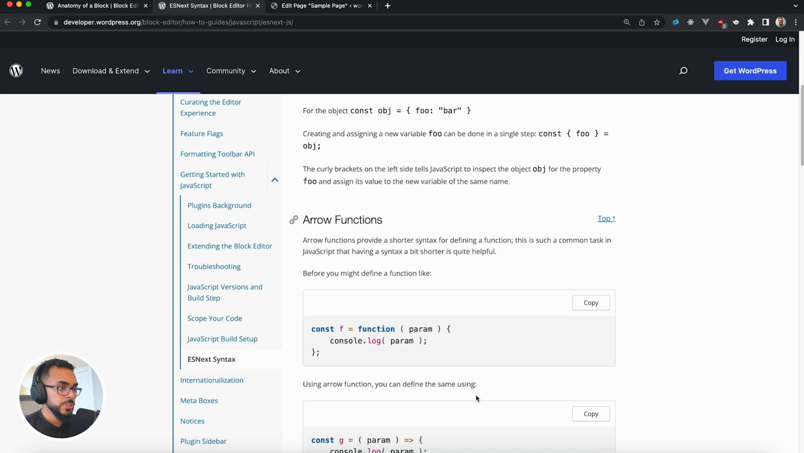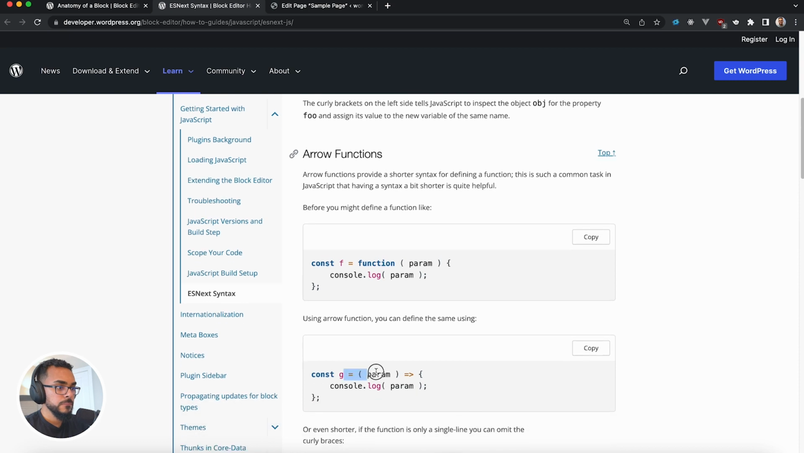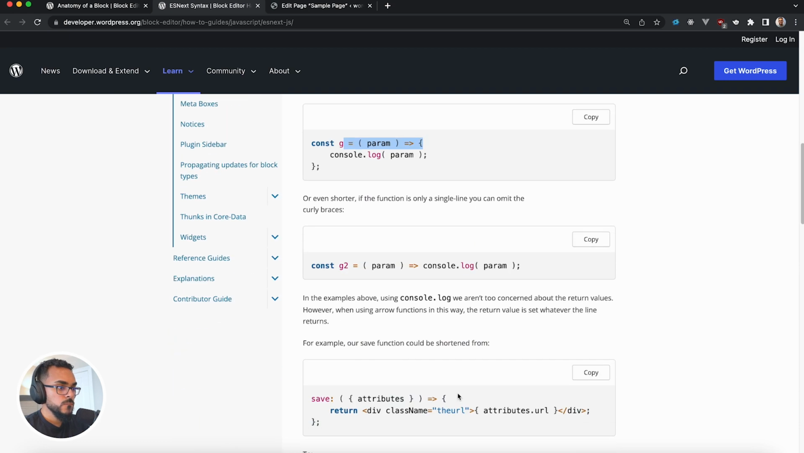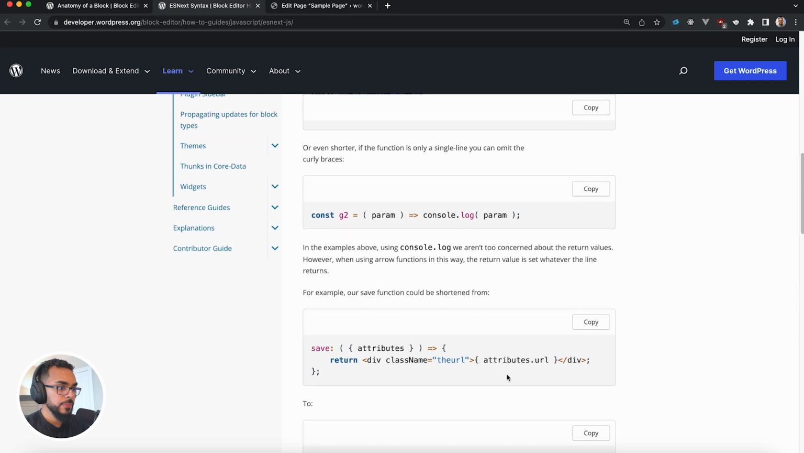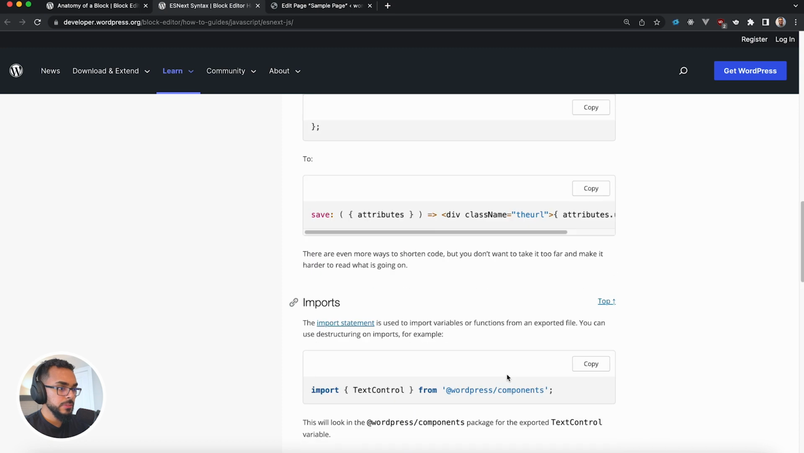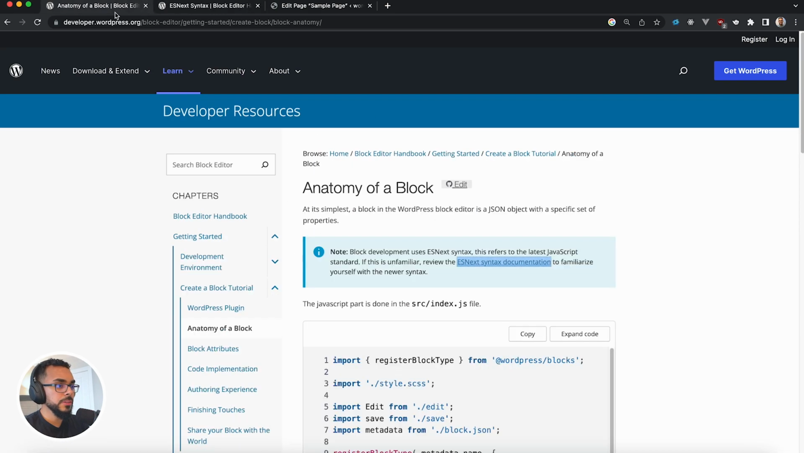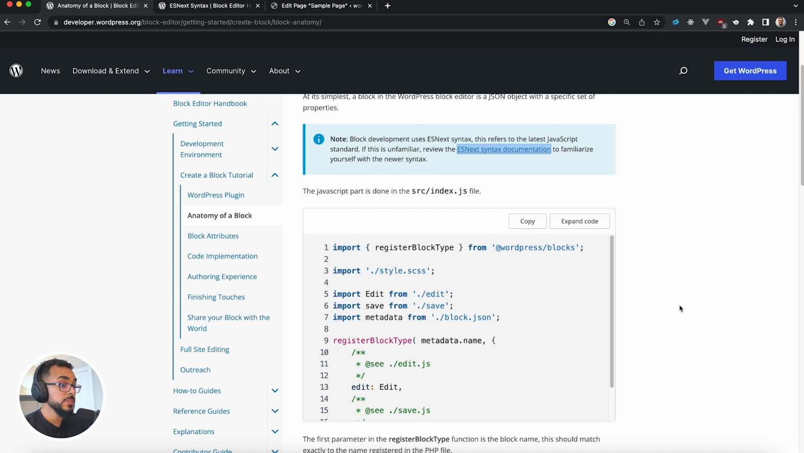So some destructuring, some arrow functions. Arrow function. Or even shorter, one line. Yep. Shorten. Imports. So the default import, let's see. Import variables function from an exporter. You can destructure the imports. Okay, yeah, no, I do know what all this stuff is, but never knew what it was called. Okay, the JavaScript part is done, and the src index.js